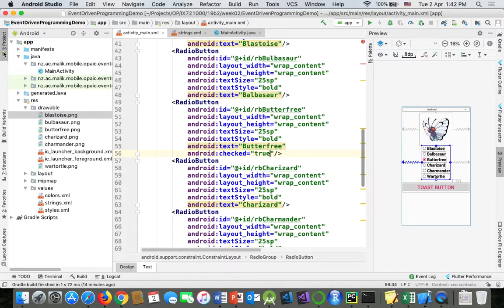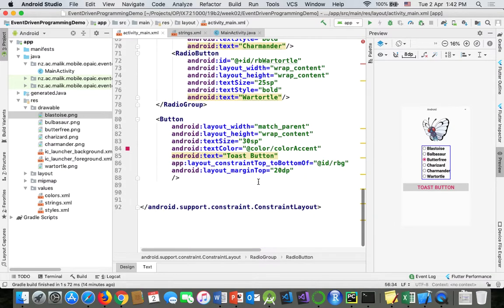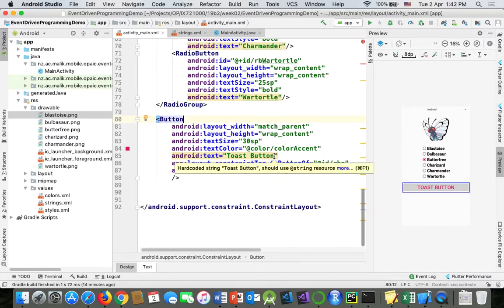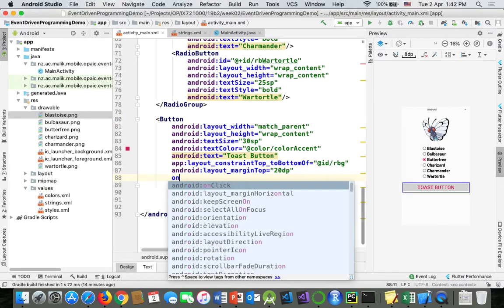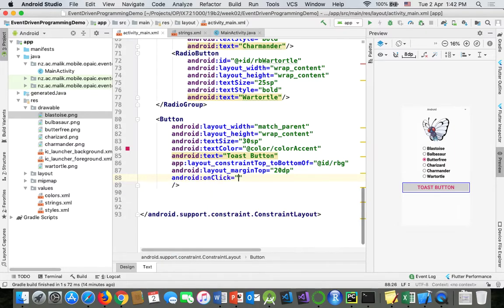Before we run that, we are done with this particular design. As I told you, even without assigning the button, we can assign the click event here. And how can we do that? We have a specific property, onClick, whenever we are clicking on it. And here we will give the name of the method that is going to handle it. For example, I say myButtonClicked. Now we have two different ways. Either I just select this one